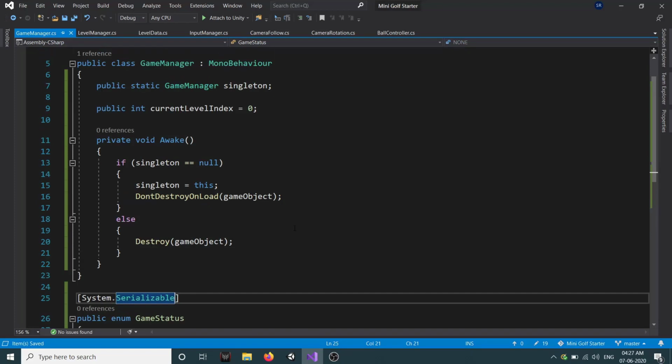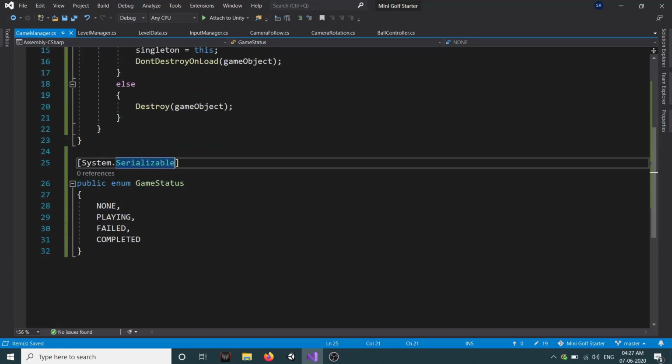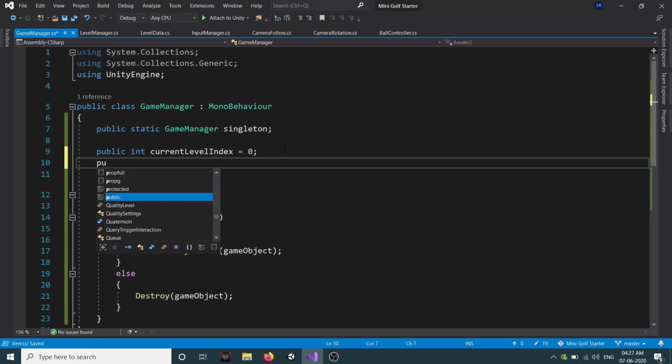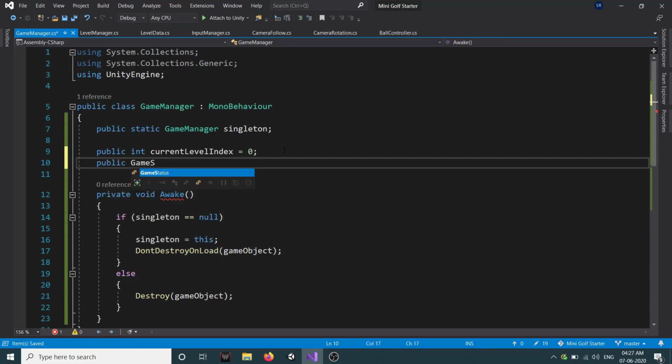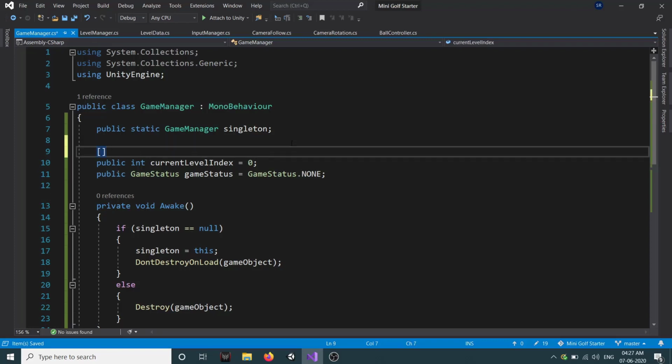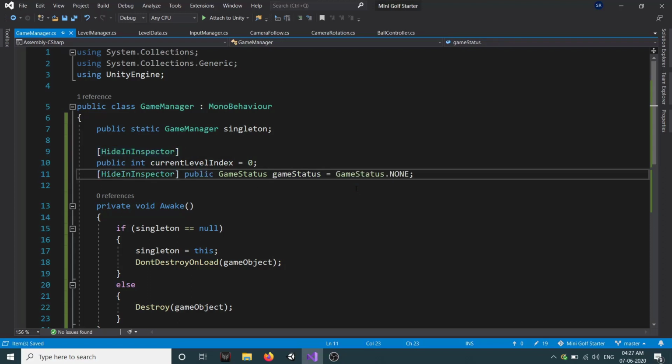Right now we are not going to access it because everything happening with this enum will be within the scripts only. Set our public GameStatus, and by default it will be GameStatus.None. Now as we know, we are not going to edit this from our inspector, so we will just add the HideInInspector attribute to both of them so that we cannot edit them from the inspector.